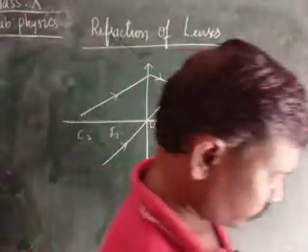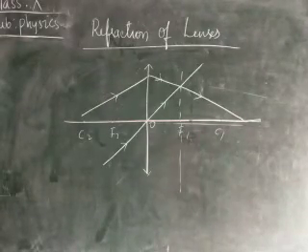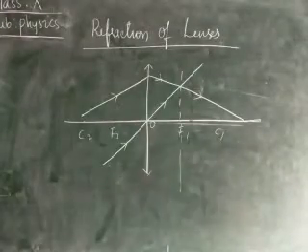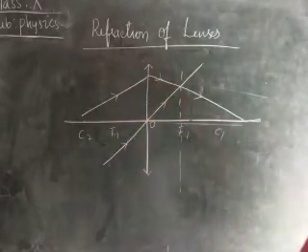Here, let us see some points, children. Draw a perpendicular line to the principal axis passing through the focus, as I already showed you. Next, draw a ray from the point source S in a direction to meet the lens at point P dash. First you draw the perpendicular, then meet the lens at P dash.